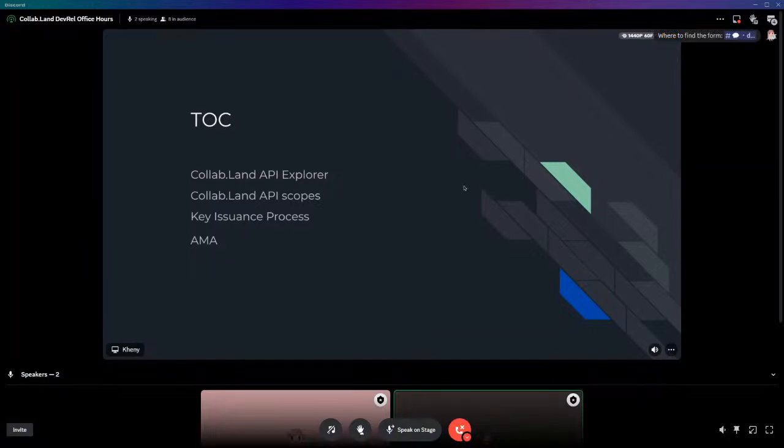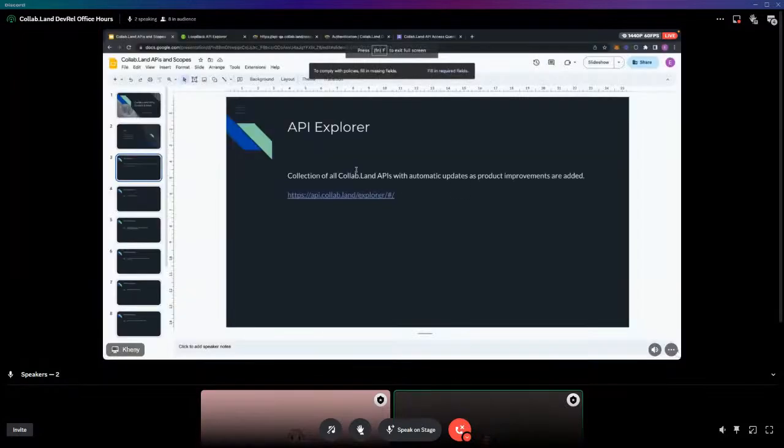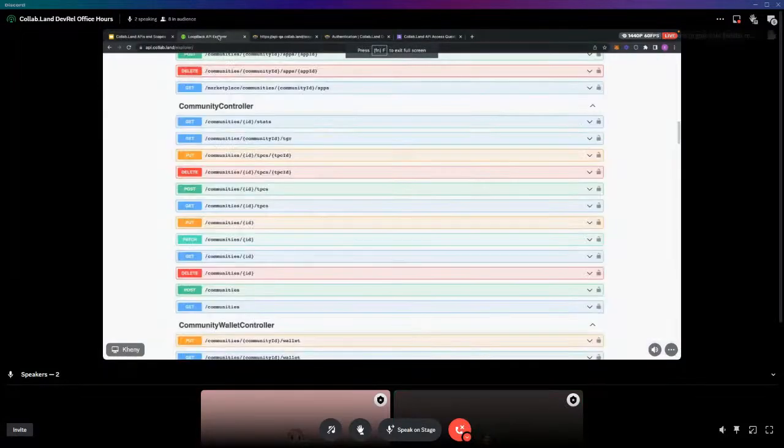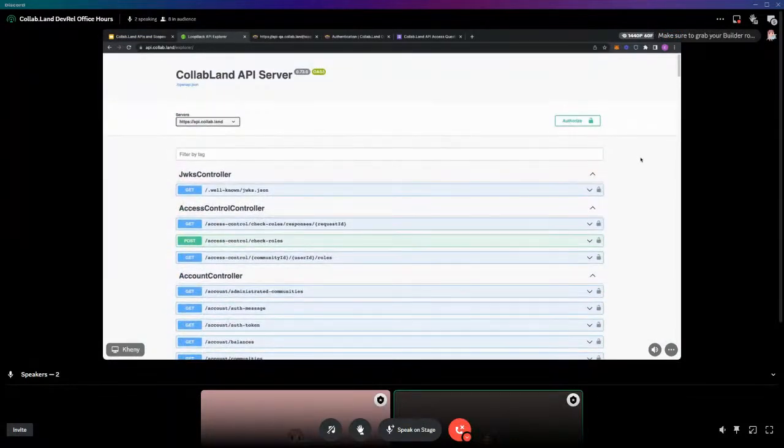But diving in, I will just get started with the API Explorer. This is a collection of Collab.Land APIs with automatic updates as our product improvements are added. I think I can open it via this link. Maybe I can zoom out. Yeah. So this is our API Explorer. It's public. You can access it at